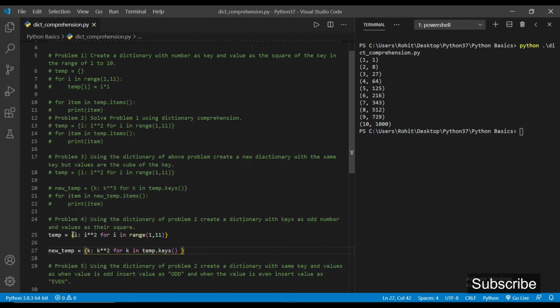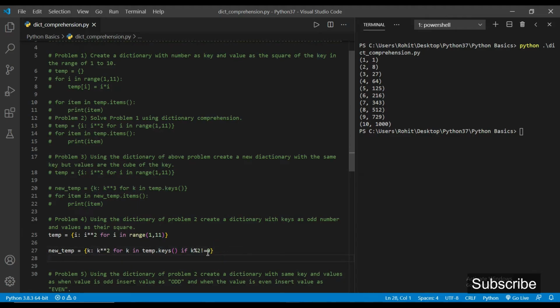But here we have to apply an if condition. We have to pass the key of temp only when the key, that is k, is odd. So here we use an if condition: if k %2 is not equals to 0, if this condition is true, then only we pass the key k, with the value k square.